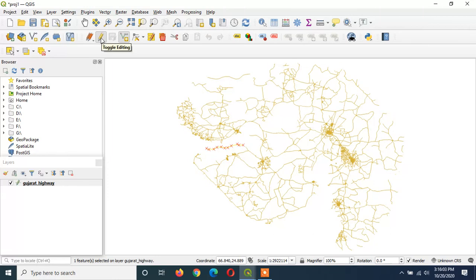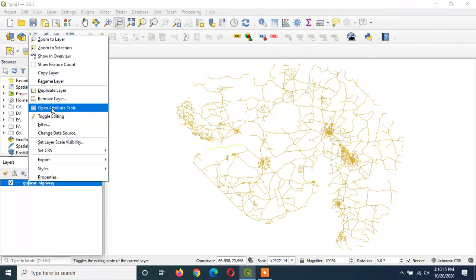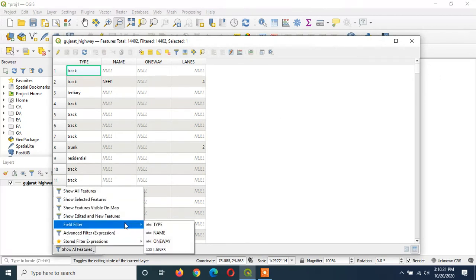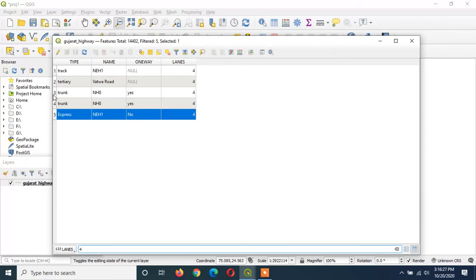Once you are done with the editing, you can click on toggle editing. So now your editing mode is off, but still this line is selected. If you want to deselect this line, then again you can click on attribute table, and this line is selected right now.